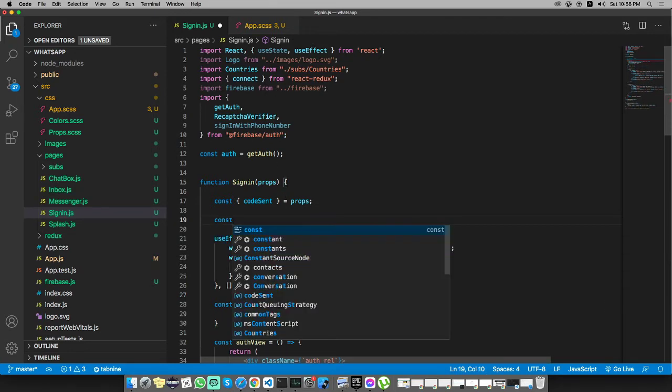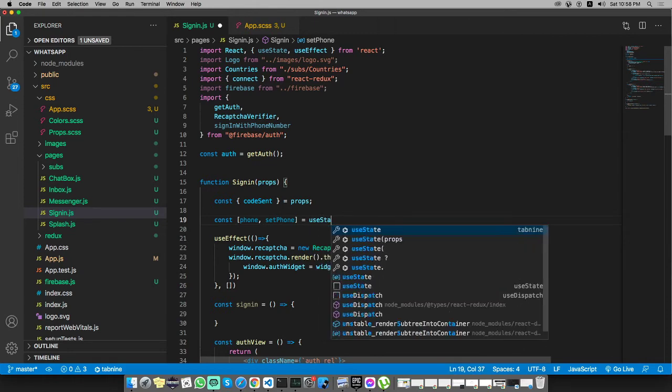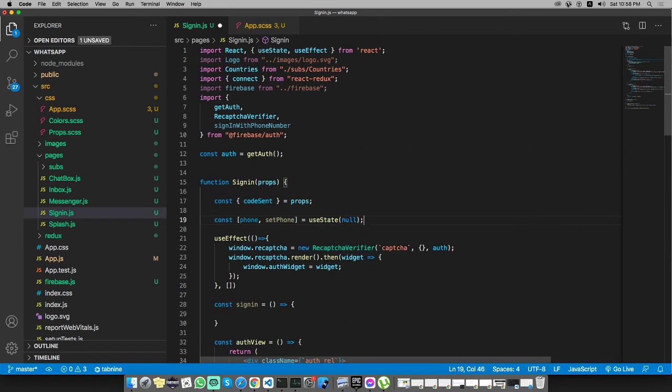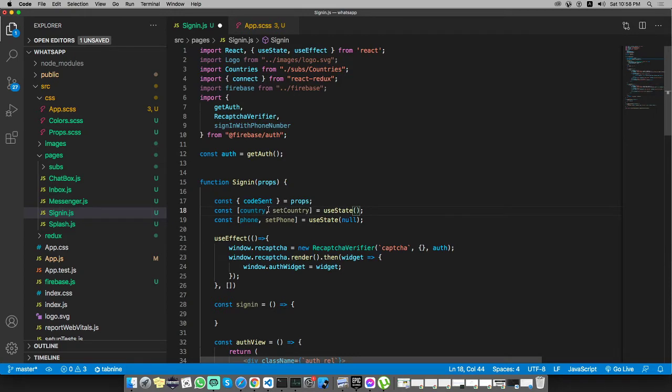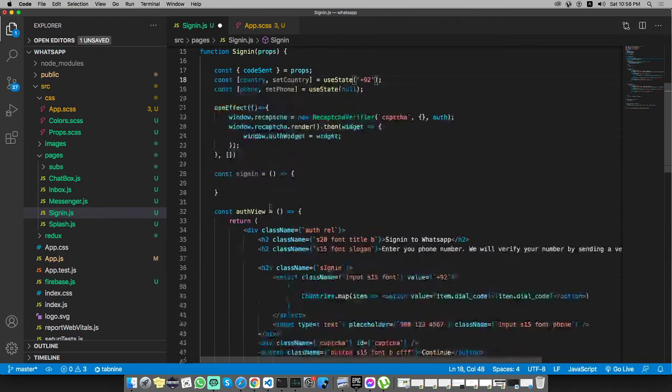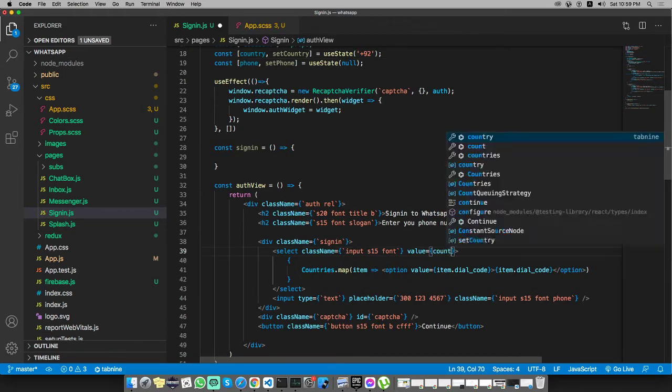Let's quickly add const phone, setPhone equal useState null, and we need to add const country, setCountry equals useState, and we will select plus 92, and this way we will add value to country,